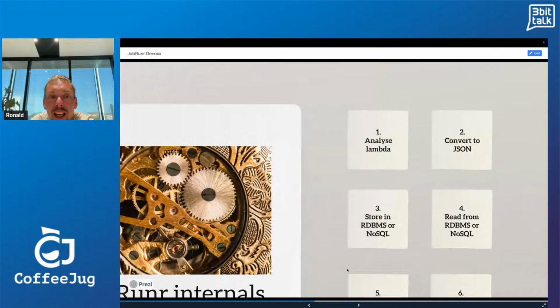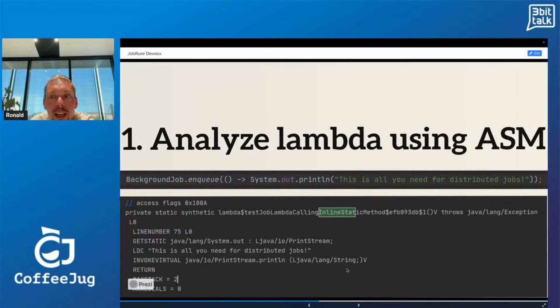And then time for some bytecode. I think you may or may not know ASM. ASM is a library for bytecode reading, but we're all using it indirectly when you're using Hibernate or Spring because they embed it also.